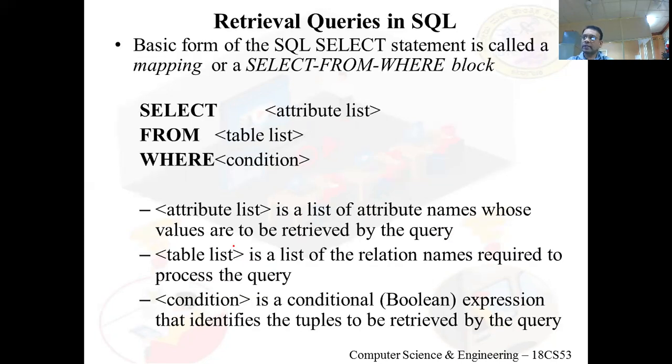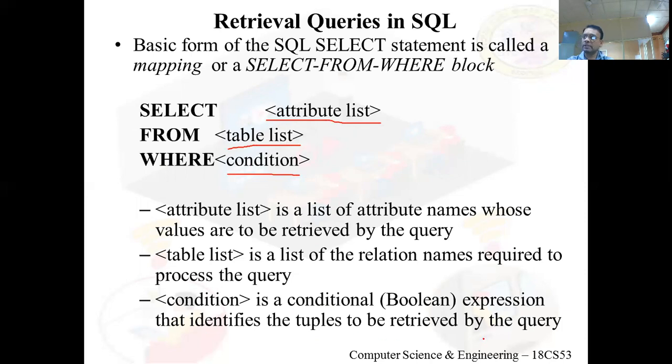So that's about the data types in SQL. Now retrieval queries: the retrieval statement is the select statement. It is of the form select, from, where; we have three clauses, where select is the first clause. This is the order in SQL. First we use select and then from, where. After select we have the attribute list, the attributes that we have to select from the table; from says which table we have to retrieve the data from; and where gives the filter condition that will be applied on the data. It's a conditional Boolean expression that identifies the tuples to be retrieved by the query.